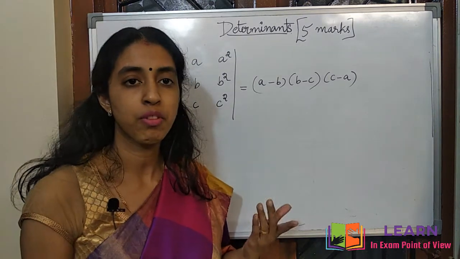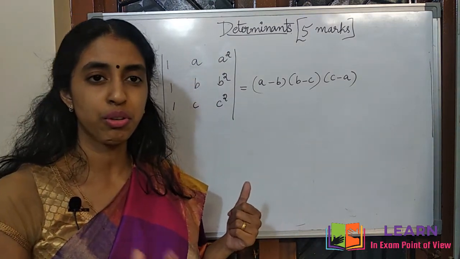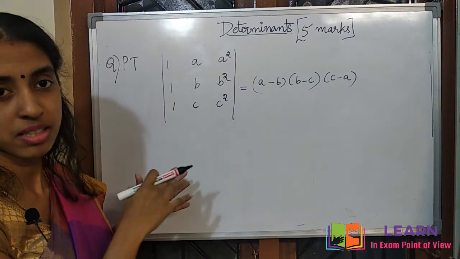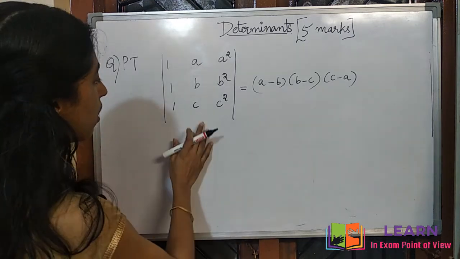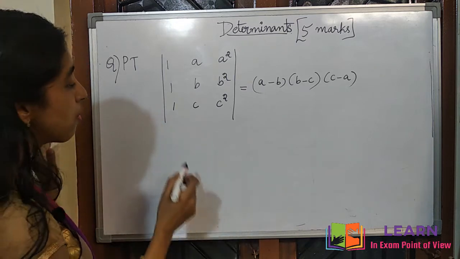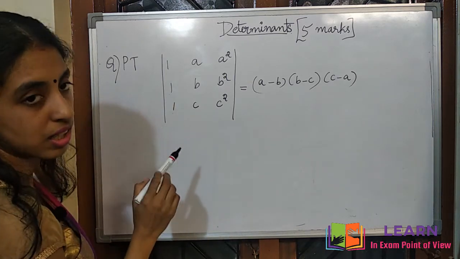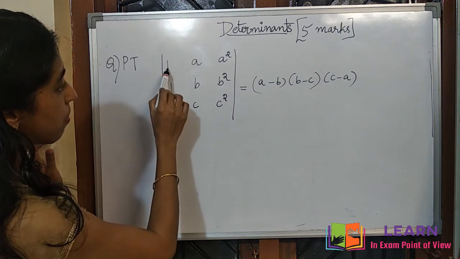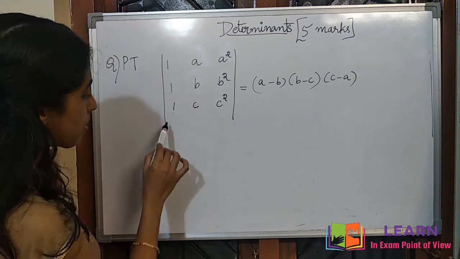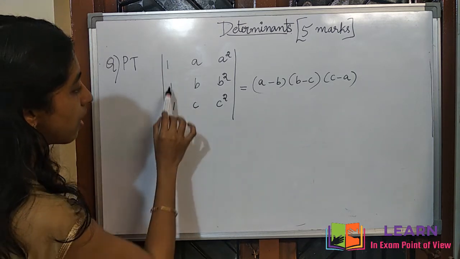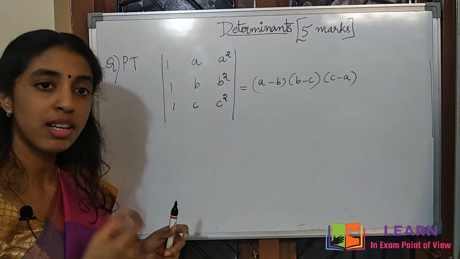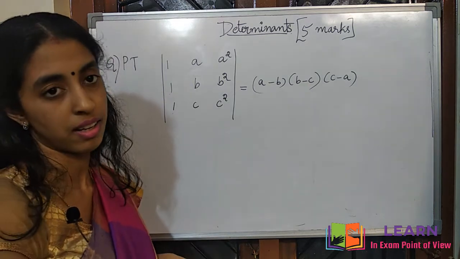For this we need to perform elementary operations, that is, for a row or column we will subtract or add or interchange the elements. So first we need to check which are possible to make 0. Here 1 is easy to make 0. Here R2 minus R1, this becomes 0, correct? 1 minus 1 is 0. Similarly R3 minus R1, we get 1 minus 1, again 0. So we need to make the maximum number of 0 elements in order to make the simplification easier.